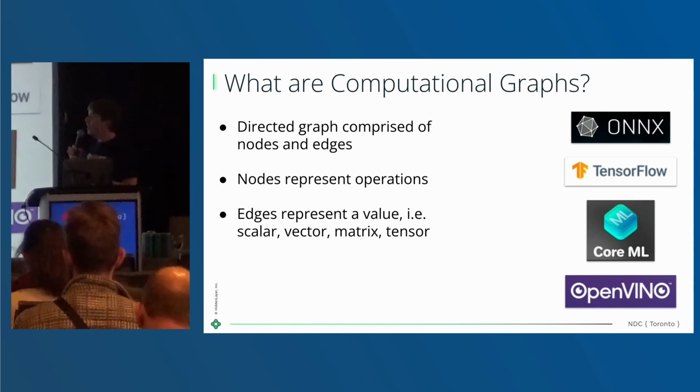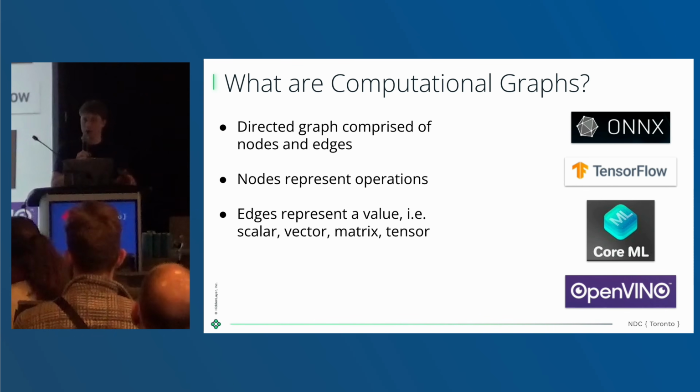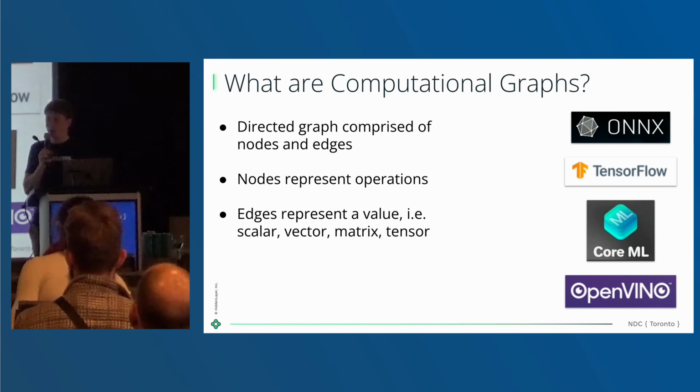Now, not everything has a computational graph. So safetensors doesn't have a computational graph because it has actual code, which, as you saw, has some issues. But every production-level model, so once you're not just training it or distributing it, once you're actually running it, all of those have computational graphs.